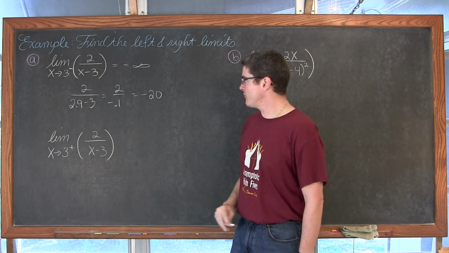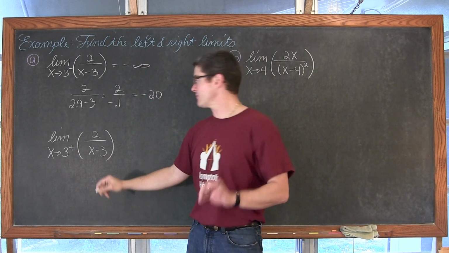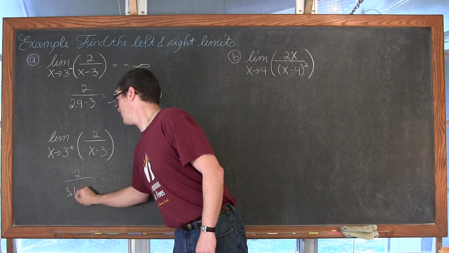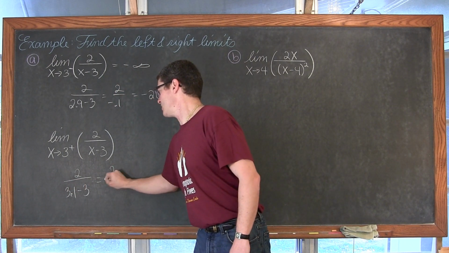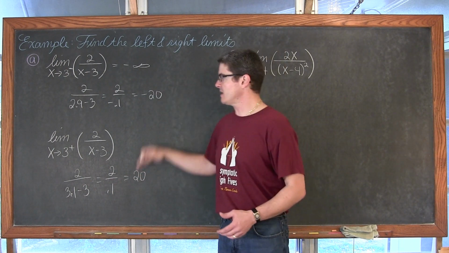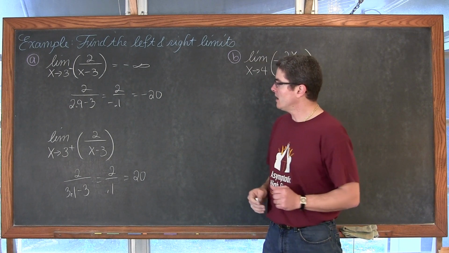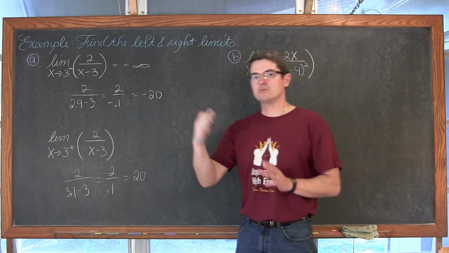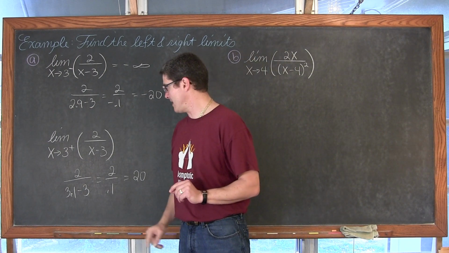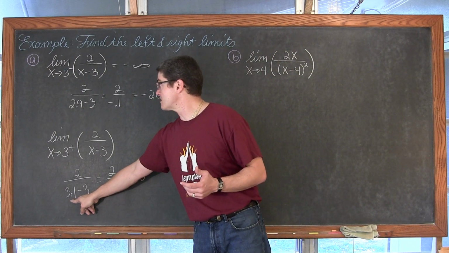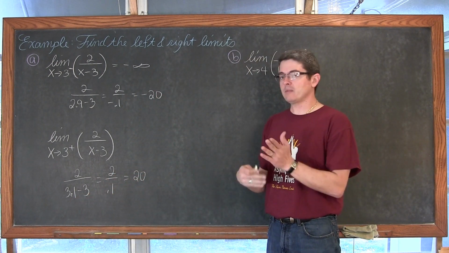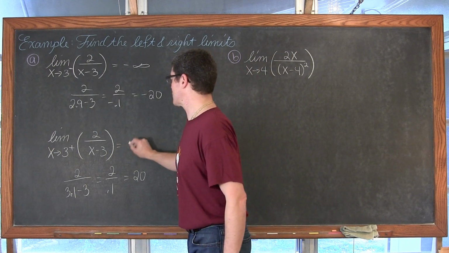And as I approach 3 from the right, I'm going to plug in just to the right of 3, so it's going to be 2 over 3.1 minus 3. That's going to be 2 over 0.1, and that comes out to be positive 20. And again, like I said, if you're not sure what's really going on, by plugging in just one value to the left and right, then get a little bit closer. Try 2.99 and maybe 3.01, and make sure that the behavior you believe you're seeing is actually it.